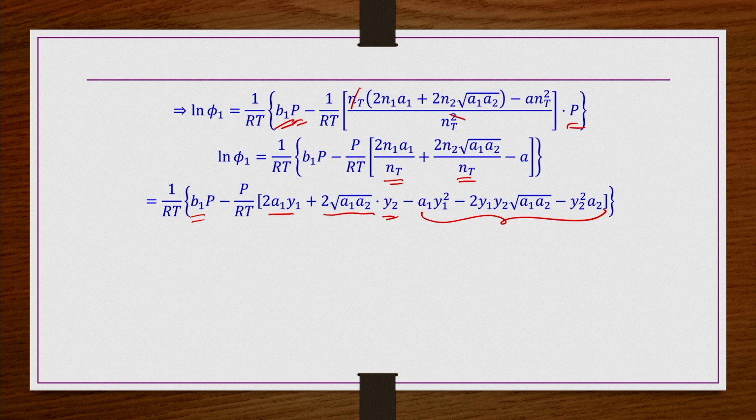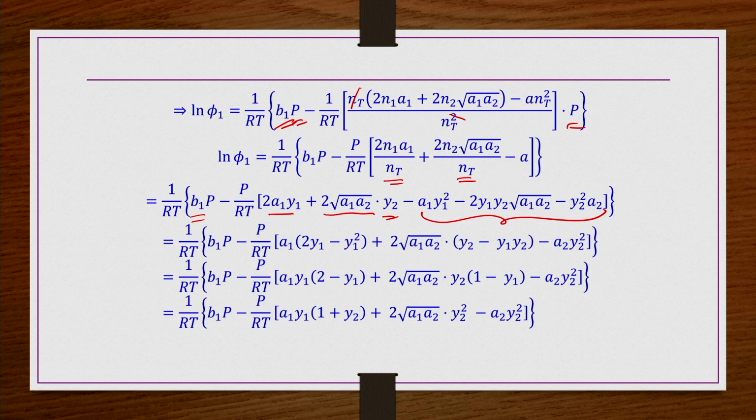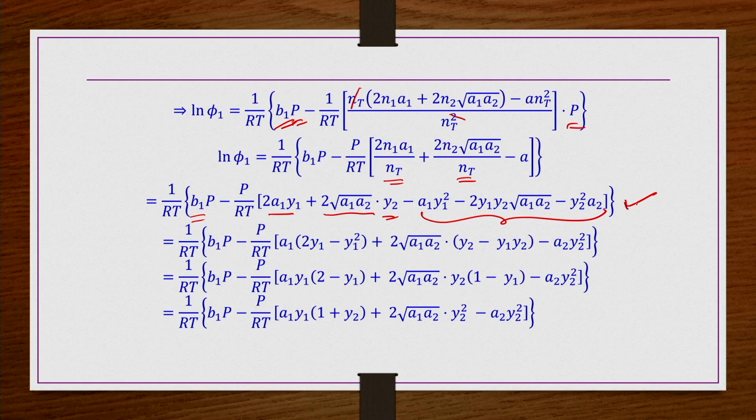So this is nothing but A by mixing rules, right. So why are we doing this? Because I wanted to write this equation only in terms of temperature, pressure, the constants A1, A2, B1, B2, and the composition y1, y2. Okay. Now further what we do? We simplify this equation in such a way that we have only y2 terms, so that it will be easy to check whether, under the limiting condition y2 tends to 0, what is the fugacity coefficient for the pure component as well. That is the purpose, okay. Otherwise this part is final, and further simplification may not be required.